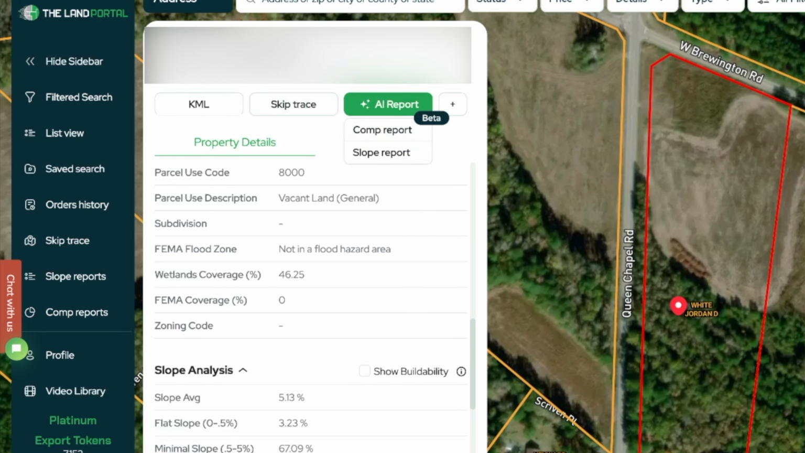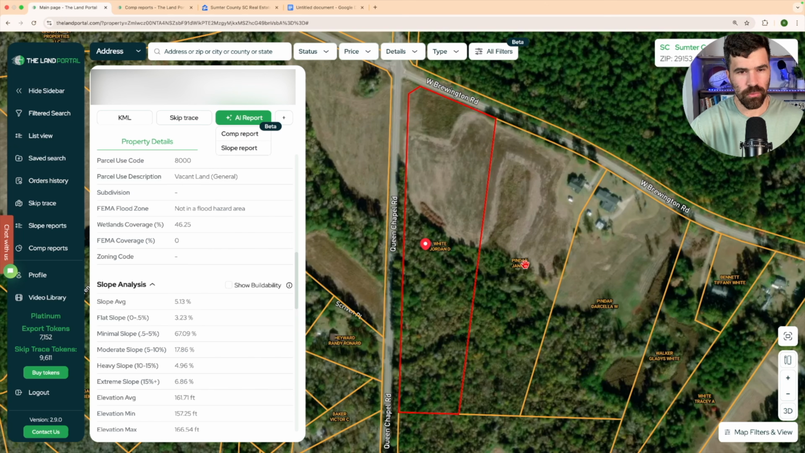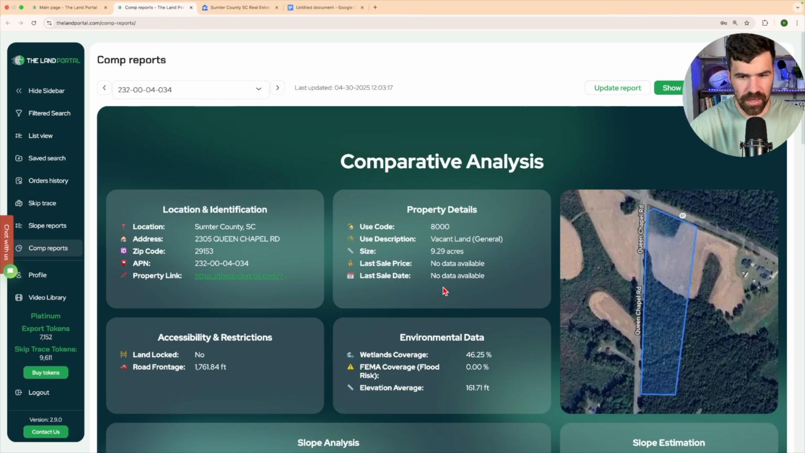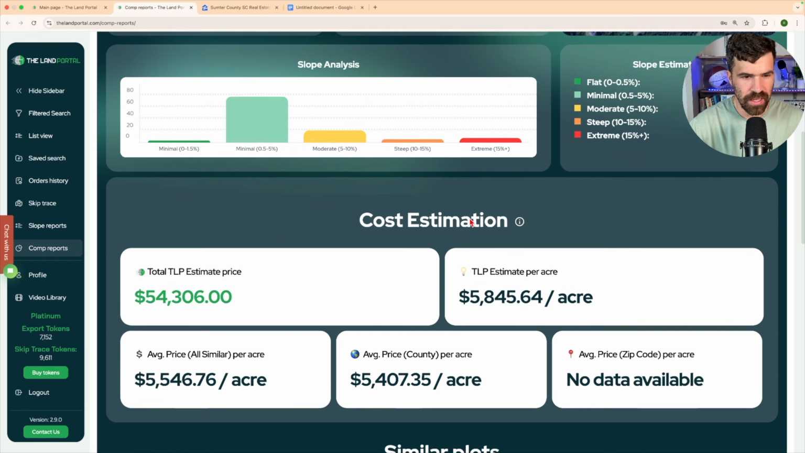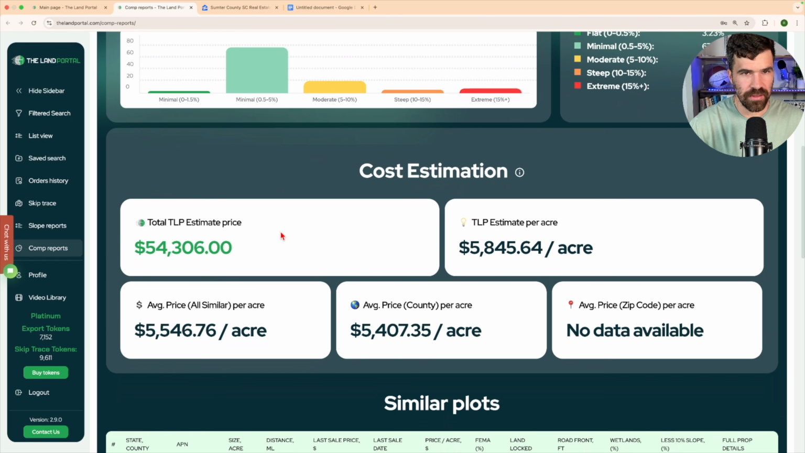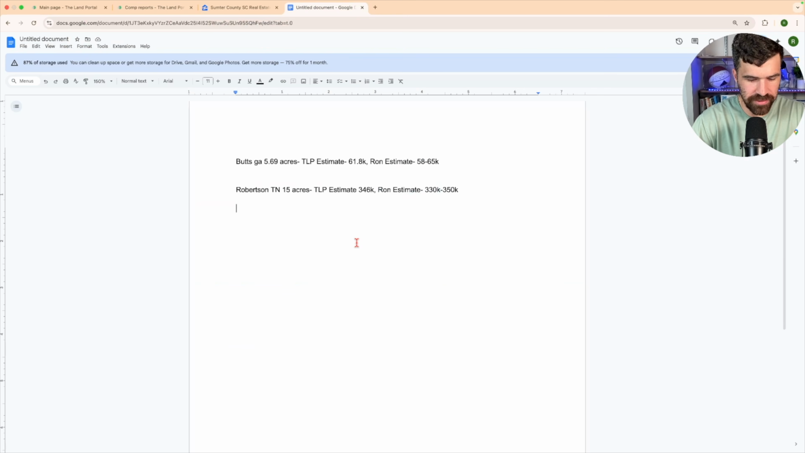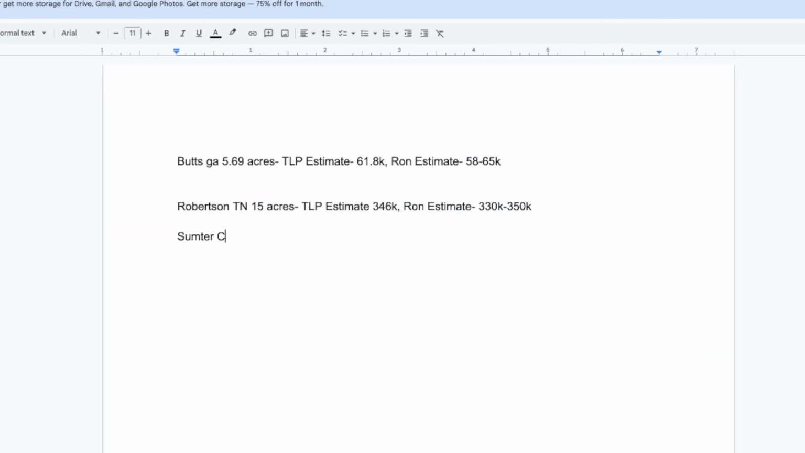Let's hit the AI comp report. Or actually, I think I already hit that button on this one. So let's get rolling on it. So let's go to comp reports here. Here we have it. So again, 9.29 acres, Sumter County, South Carolina, and it's projecting 54,000. Let's just plug this in on our sheet real fast. Sumter County, Sumter, South Carolina, 9.29 acres. TLP estimate is